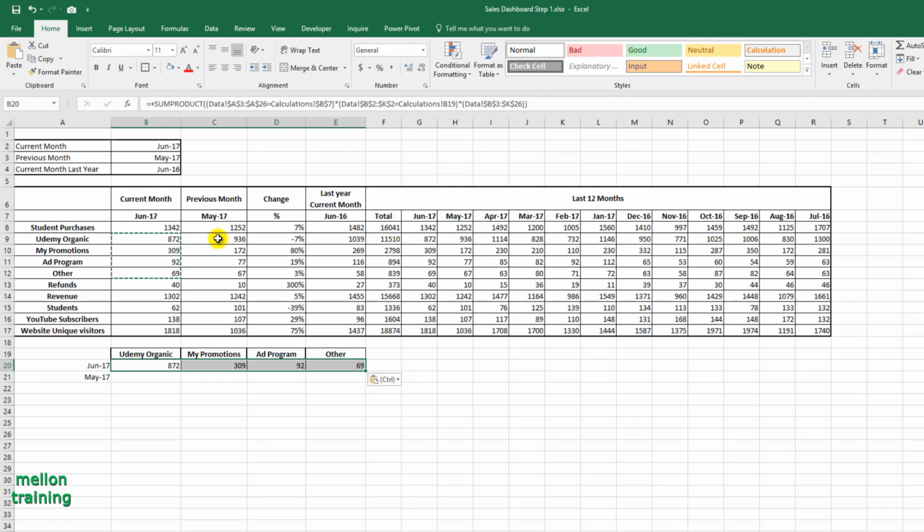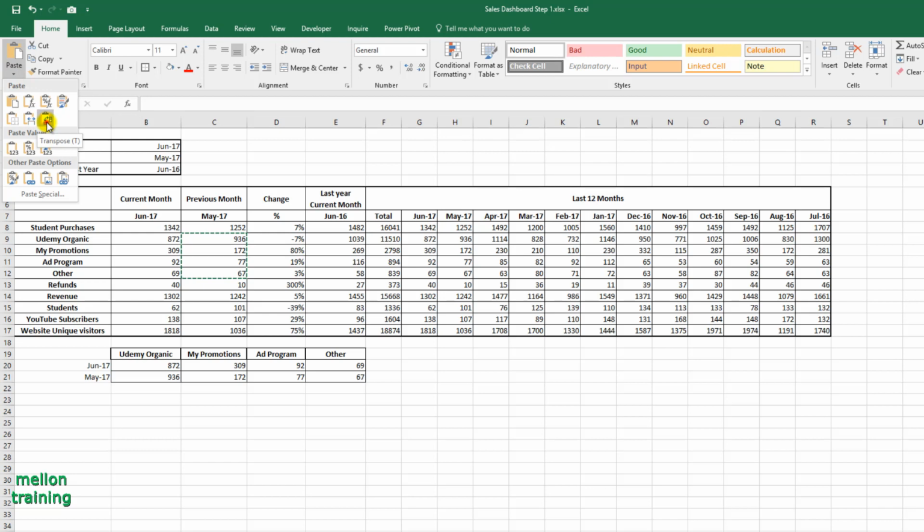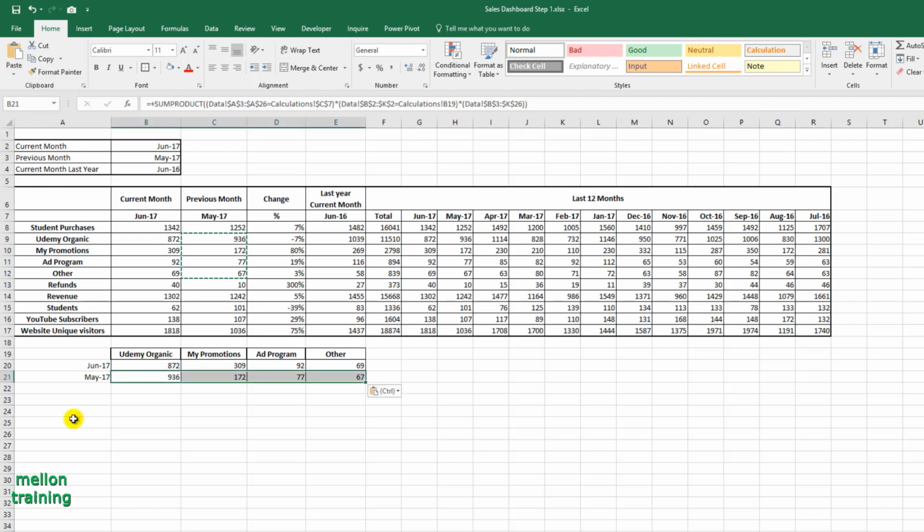Also C9 to C12 and paste them right here. Very nice. The data of the clustered stacked column chart are ready.